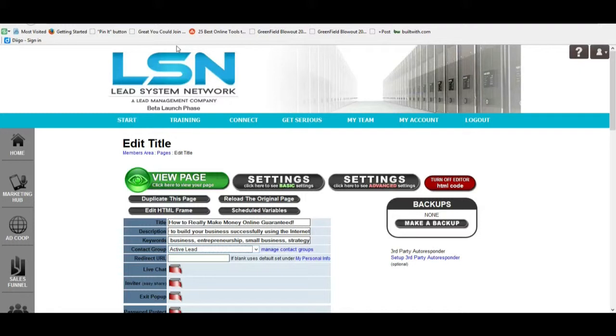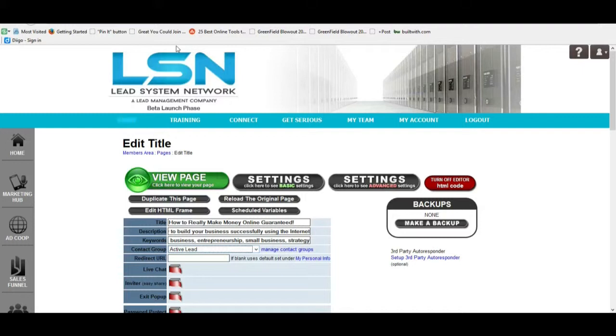Okay, so this is the front end of our main LSN funnel, if that makes any sense. And the cool thing about it is we can create an unlimited number of front ends. We can test these. We can see what works and what doesn't work. I'll tell you right now, comparative to what you normally get for free, this product is a great product. This product has a ton of value, but it may not convert that well